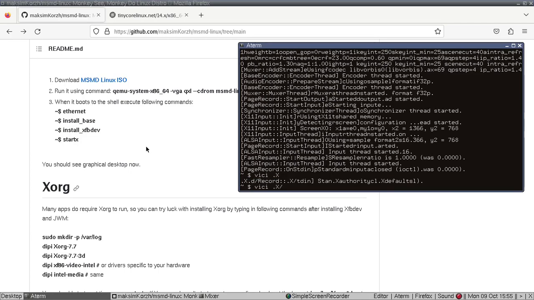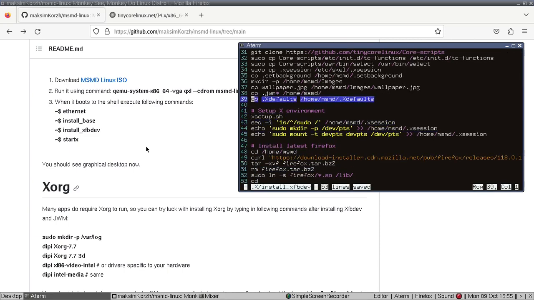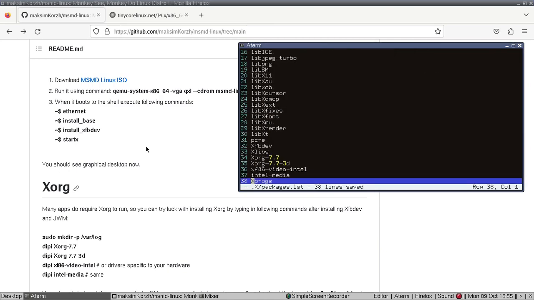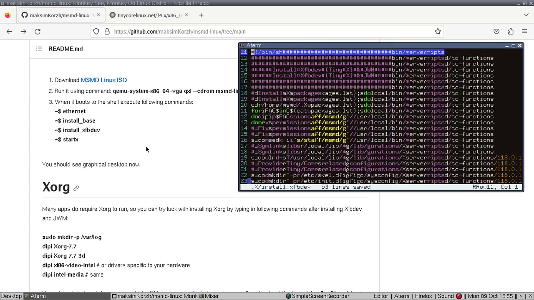If I just go to install xfbdev, so this script, to make these dependencies run by this script, I recommend putting packages in this package list, which is being read by this script. What's important here is that you need to change the group from native staff from Technical Linux to Monkey See, Monkey Do,